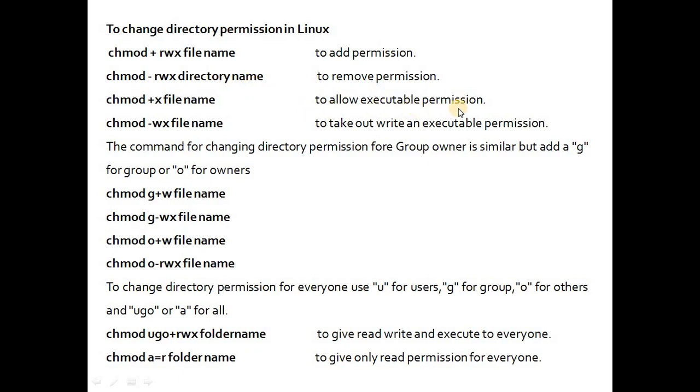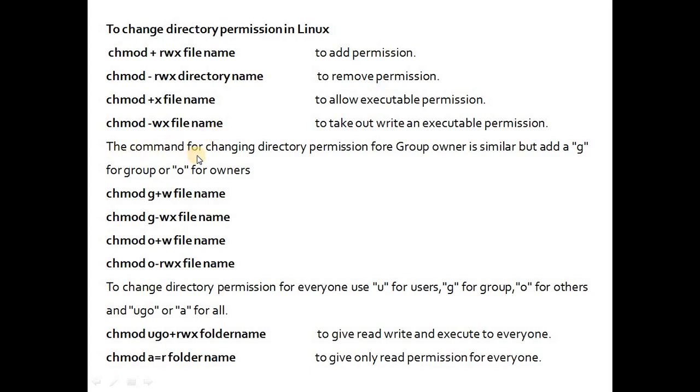To allow executable permissions, I will use this syntax chmod plus x and the file name. To take out write and execute permission, I will give chmod minus wx and the file name. So it will remove the write and execute permission for this particular file name.